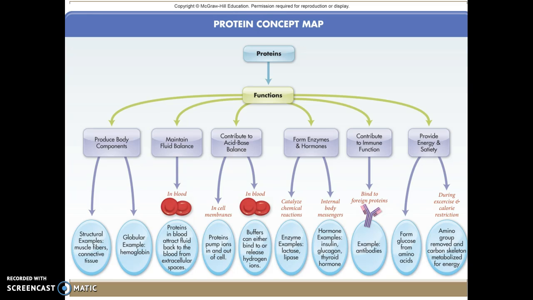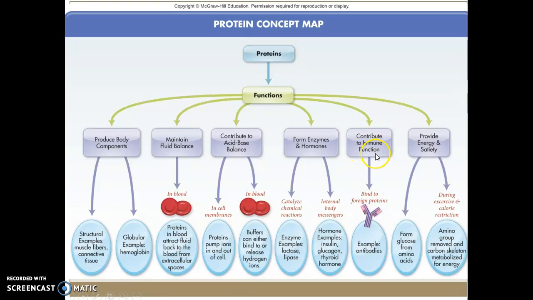Looking at protein then, just briefly, protein has many functions. You all know it has to do with muscle repair, muscle growth, but it has other functions too. Structurally, it's part of connective tissue besides muscles. It's part of the hemoglobin, which carries the oxygen in our blood. It helps maintain fluid balance. So by having protein in our blood, it holds the water so we don't lose too much water in our tissues. It helps maintain the correct pH of our blood in our body. It's also one of the main components of hormones and enzymes, which are important for every aspect of digestion and even just our body functioning normally.